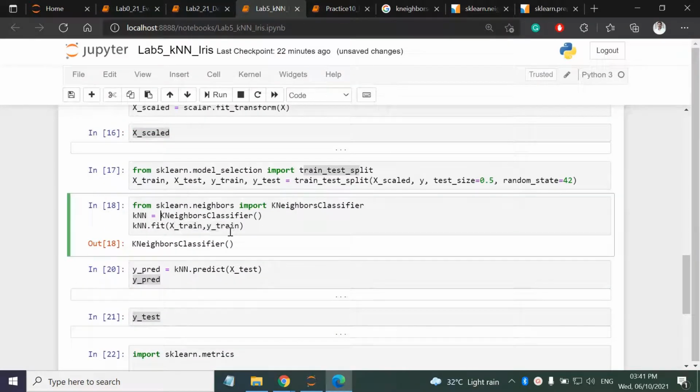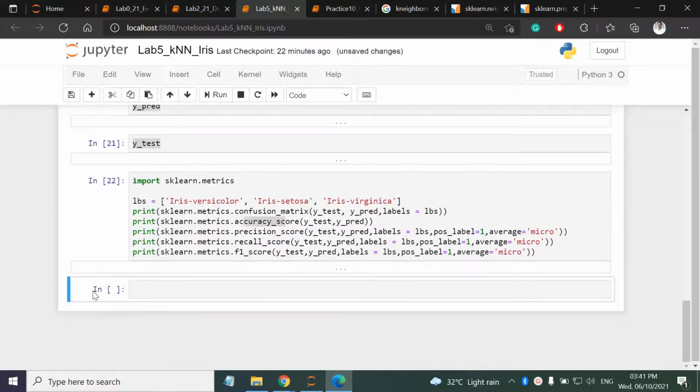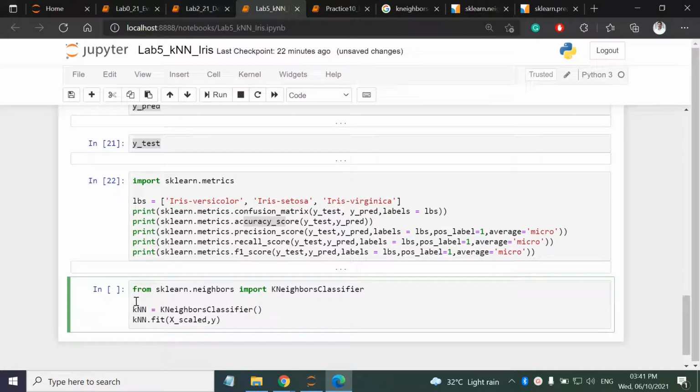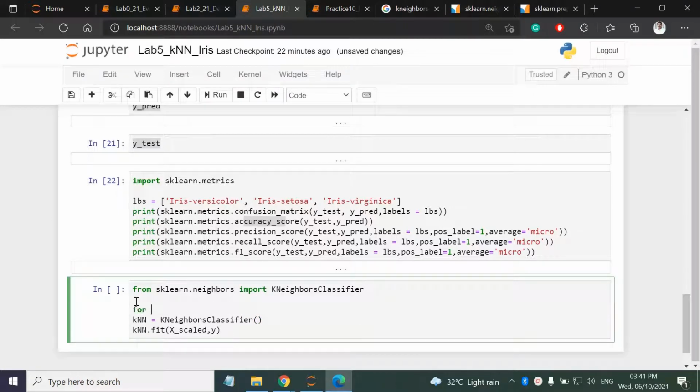So what I can do, I will take this part. I have my KNeighbors. I will work on the entire set. I will not split; let us utilize the entire set. For i in range, initially my k value should be 1, that's why I am going from 1 to 151.